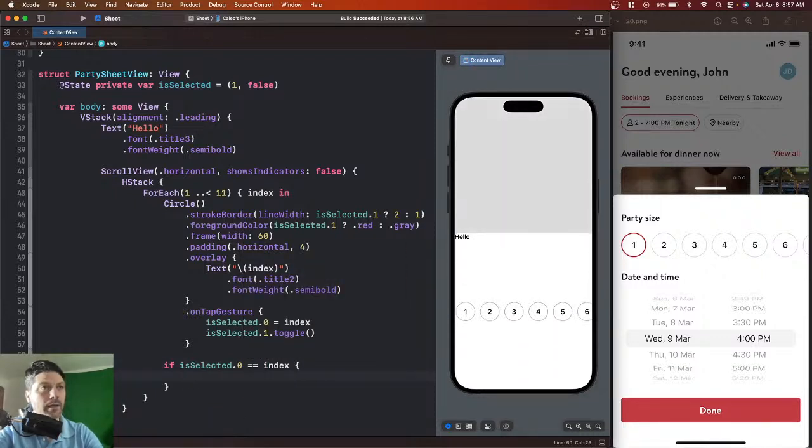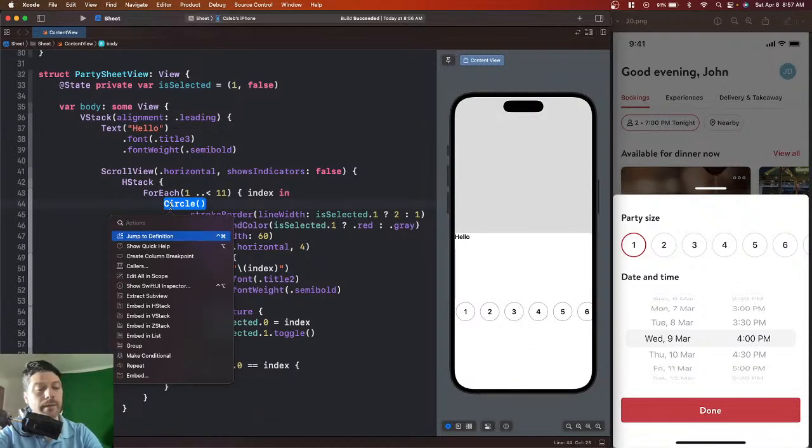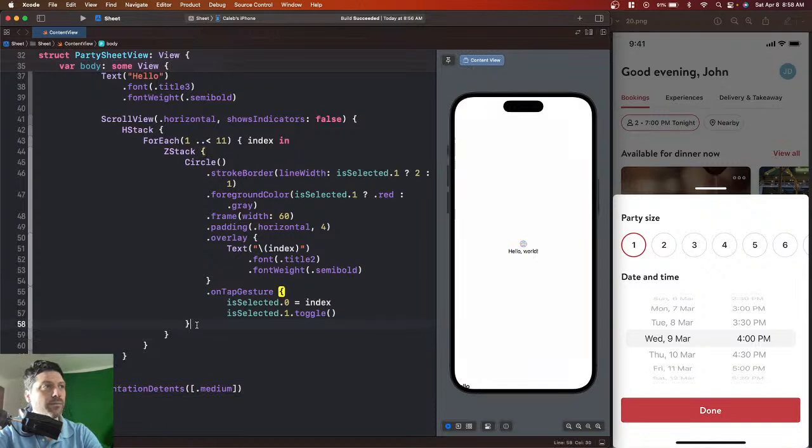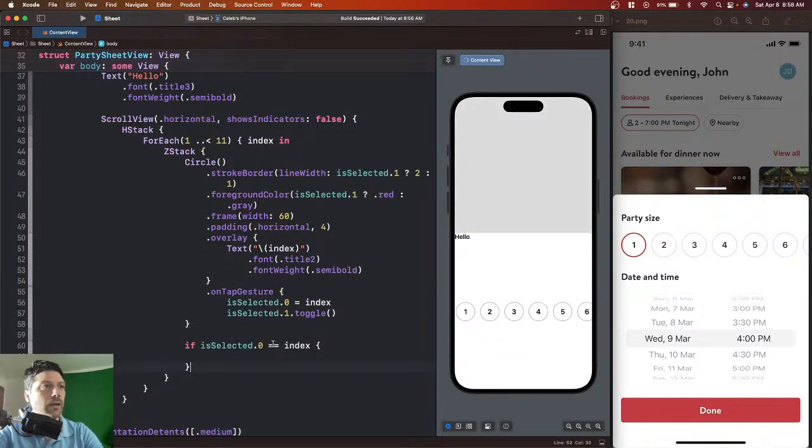We'll add an additional view, which was the circle. We're just going to add this in a Z-stack. Put this conditional statement there. And then in here, we're just going to add